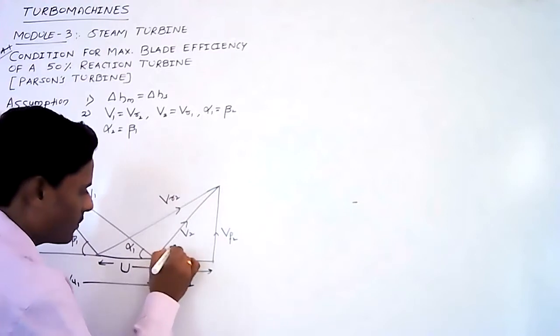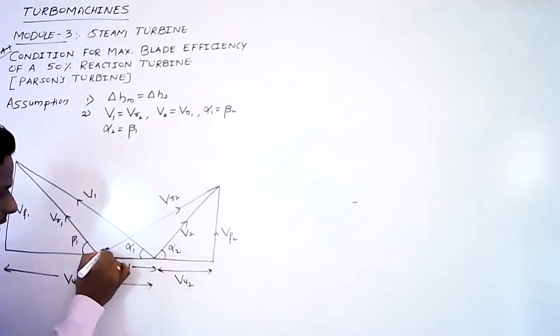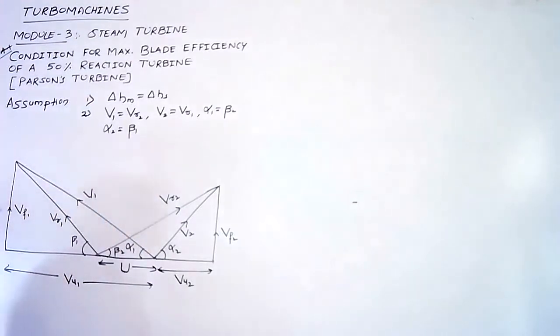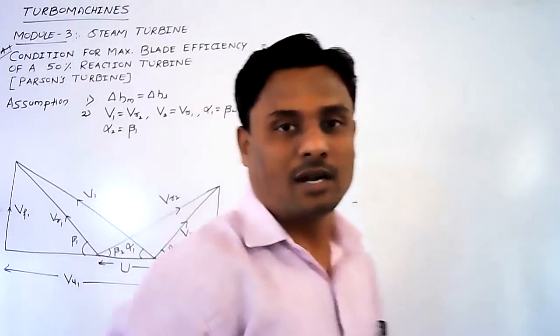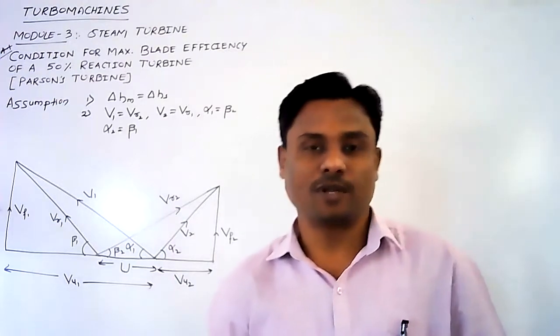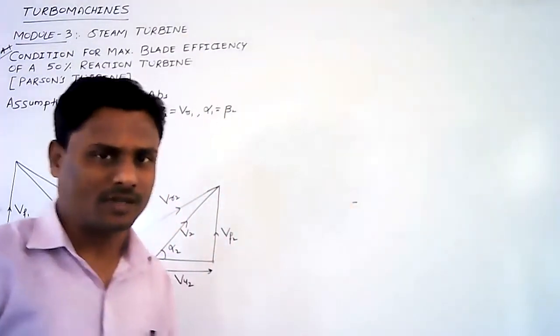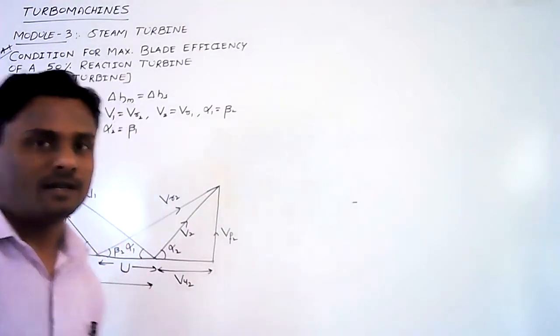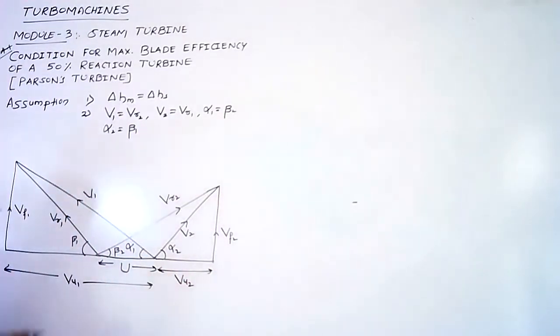Vu2. So this is alpha 2 and this is beta 2 here. Okay. So this is a combined inlet and outlet velocity triangle for a 50% reaction turbine. This is not to scale, but when you are drawing it to scale, make sure that